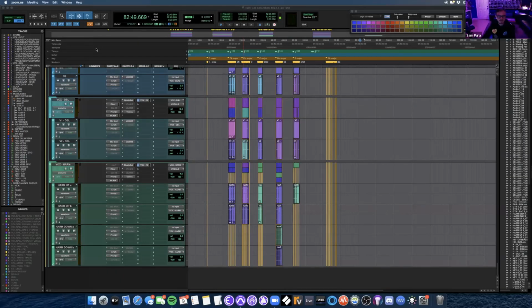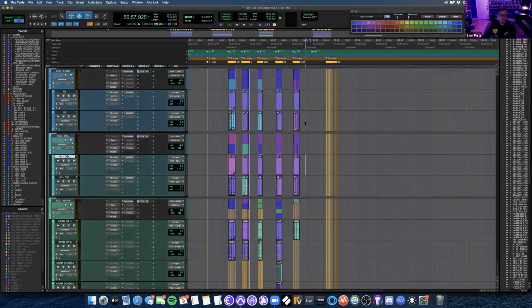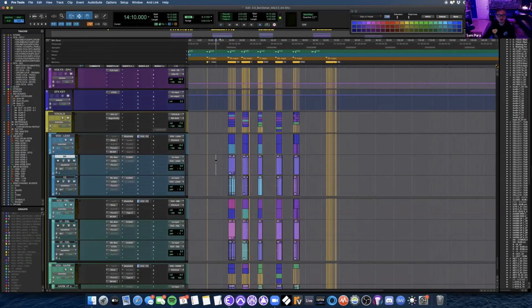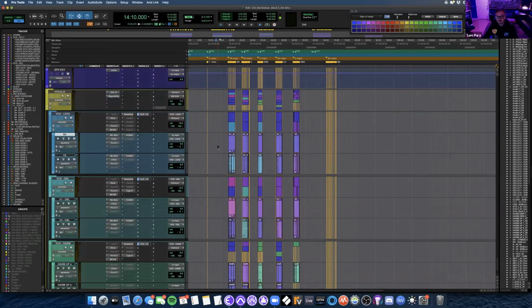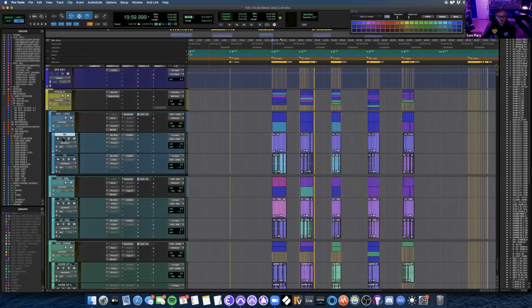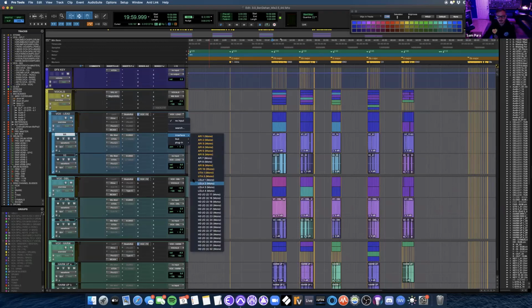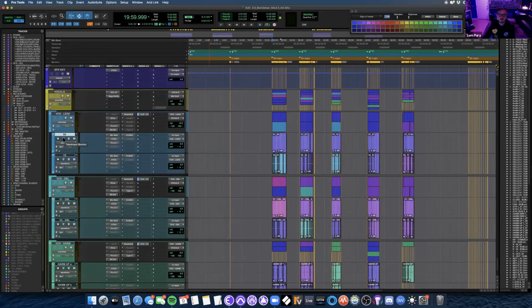Yeah, sure. Why not? I don't have the Carbon hooked up on this side, unfortunately, but this is one of my sessions, and this is pretty much how I track. Everything is always set up on a template. Let's say I wanted to record a vocal, I would just assign my input. And what's cool about Carbon, which would be the cool thing to demonstrate if I had it set up right now, is that once you have it on input, you could click on the DSP mode, and the Auto-Tune and the Pro-Q would still be activated, and anything inside the signal chain would be made low latency and take use of the DSP chips.